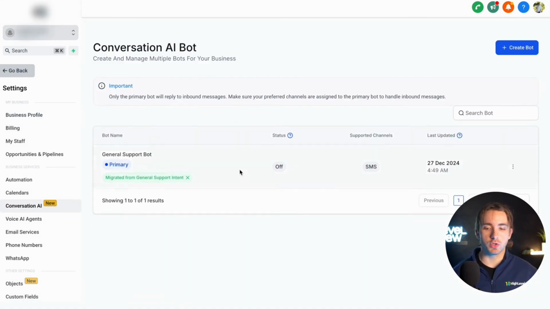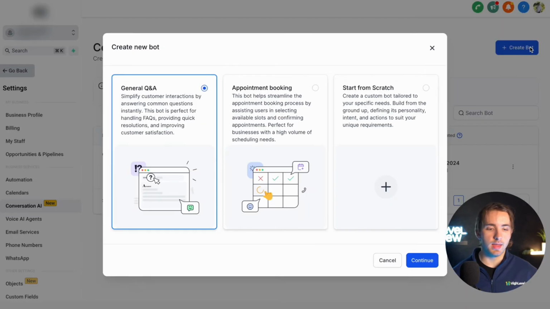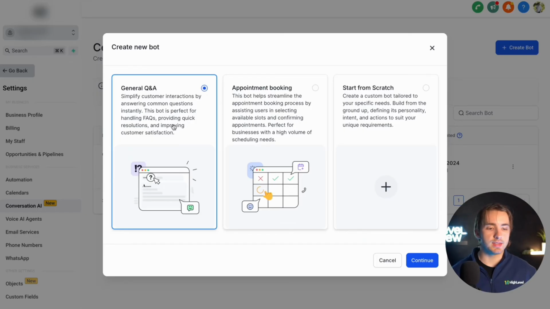To get started, we're going to create our first bot by clicking Create Bot, and then we'll select our type of bot. We have a general Q&A, appointment booking, and start from scratch. General Q&A bots are great to be trained on things like FAQs, websites, and more, and then you can ask them questions, and then they can be used by your internal team as well as customers to provide quick resolutions